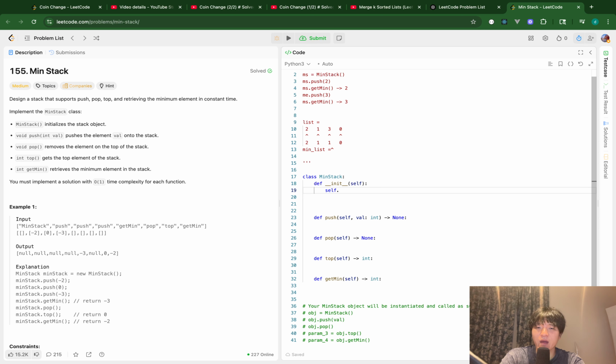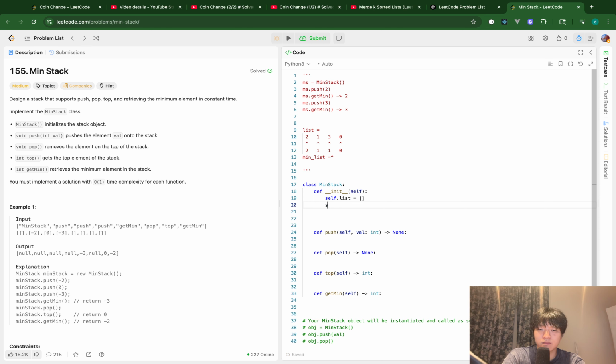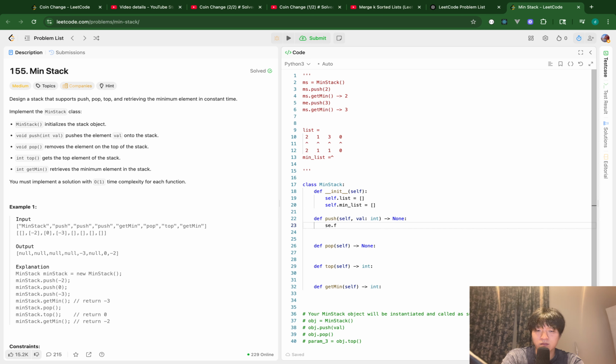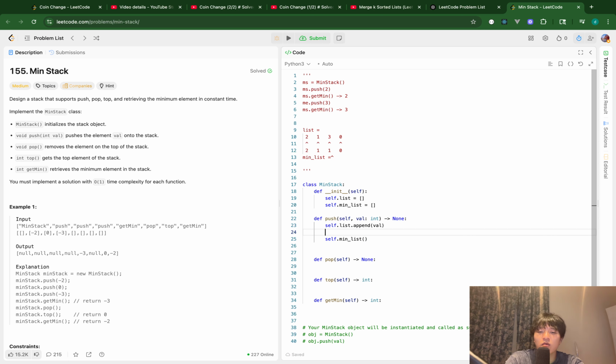So that being said, I will start the implementation. So I have to think if